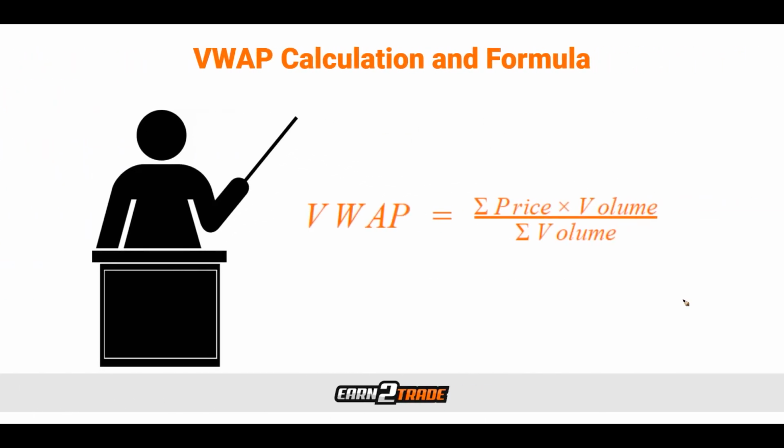The calculation for the VWAP is relatively simple. The VWAP is equal to price times volume over volume. There is another more academic version of this equation that you can find online if you so choose, but we're not going to cover it here because I feel it just unnecessarily makes it look scarier and more complicated, and ultimately we won't really ever have to actually do this math. This is just being displayed so we have an idea of where these values are coming from, because after all, in the end, both of the formulas that are used to calculate the VWAP do the same exact thing.